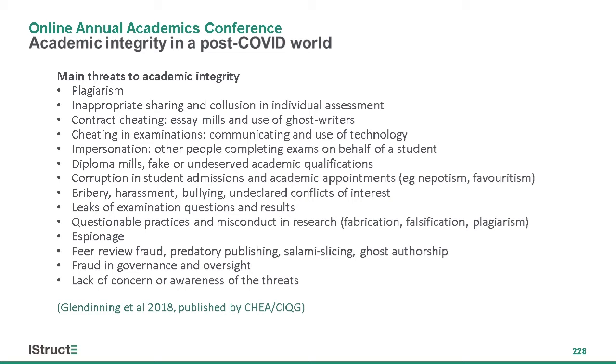The next bullet point is to do with diploma mills. So this is to do with the actual qualifications themselves. If fake or undeserved academic qualifications are presented, how do you know? How can you find out? And there are ways of doing that these days, particularly using technology. But not everyone checks, and a lot of qualifications as presented are based on trust, and we really all need